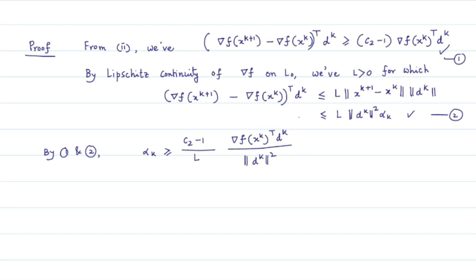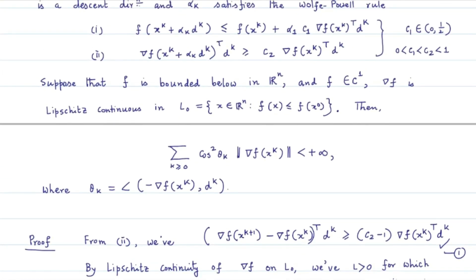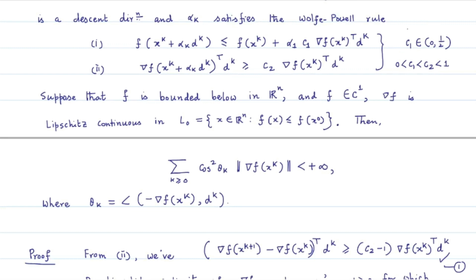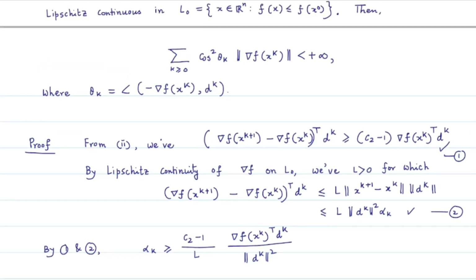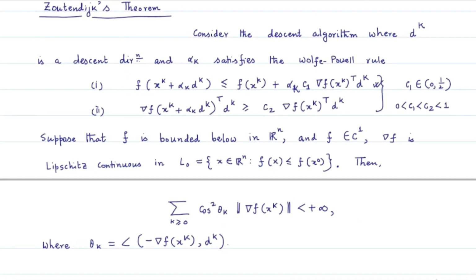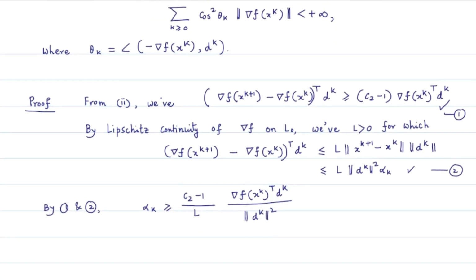Now, if we employ this inequality, alpha k greater than or equal to this quantity, in the first condition of the Wolfe-Powell rule, then we note that from condition 1, as this portion is less than 0 because dk is a descent direction,